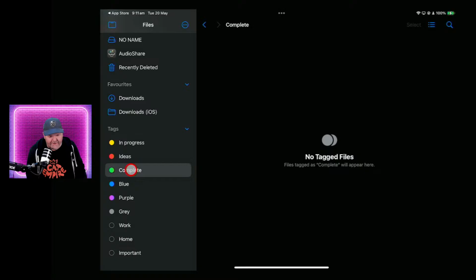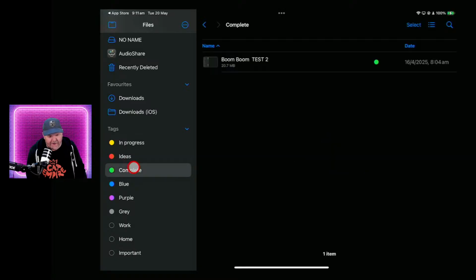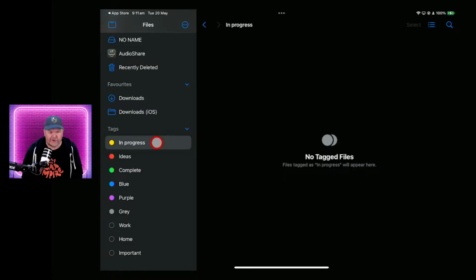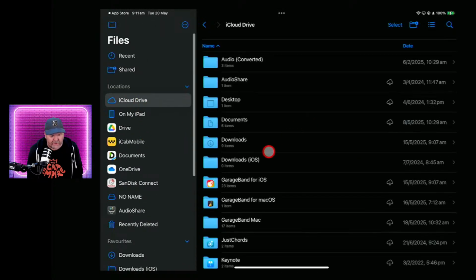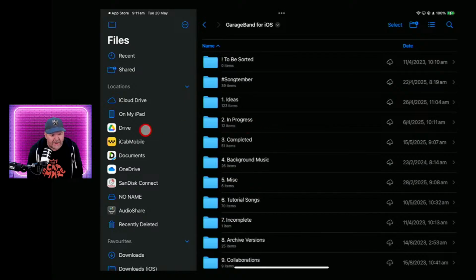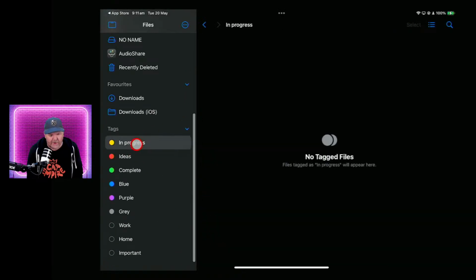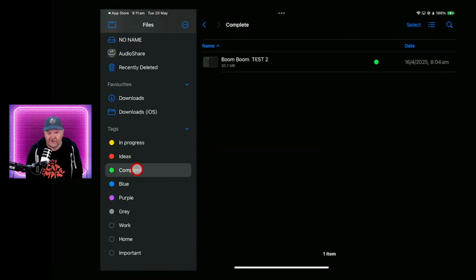And then you can actually come in here to your tagged files and it will show you just those tags. So if I was smart, if I was working on some projects, anything I'm working on at the moment I would tag with in progress, and then instead of having to go and find them all in their own folders, in their own drives, in wherever I've stored them, I could just go to my tags and go, right, what am I working on? And what have I just finished? So there you go.